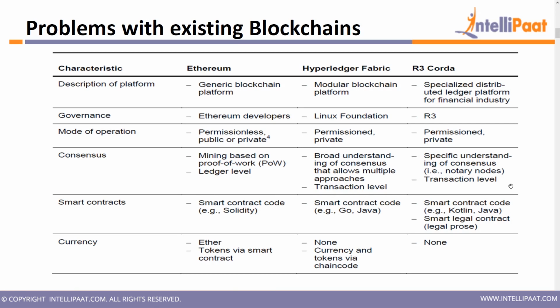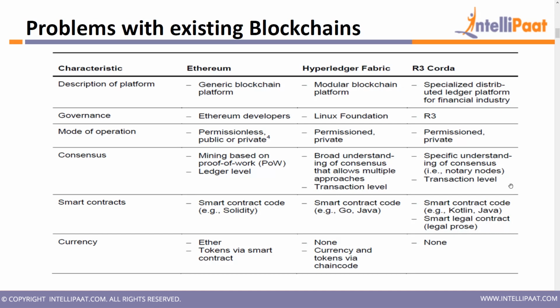Ethereum is permissionless. It is public or private, and it has no restriction on permissions, and whatever nodes or peers are available, they are fully authorized to do all kinds of transactions inside the network. While Hyperledger Fabric is a permissioned, private kind of blockchain network. It can be made public as well, because if you remove all restrictions, it can become public. But it is very much secure.